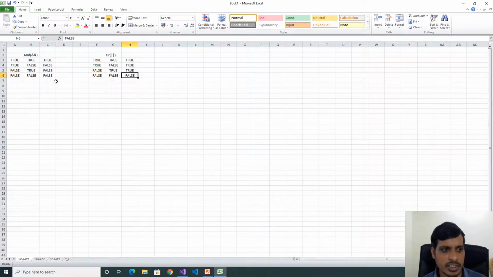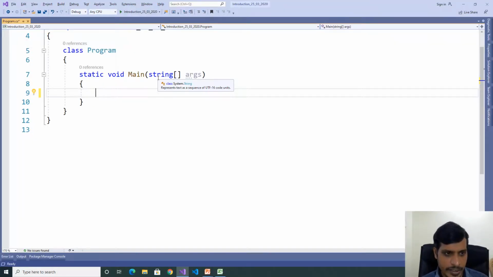We'll check these things using code. Declare three variables, int i equal to 10, j equal to 15, k equal to 20.